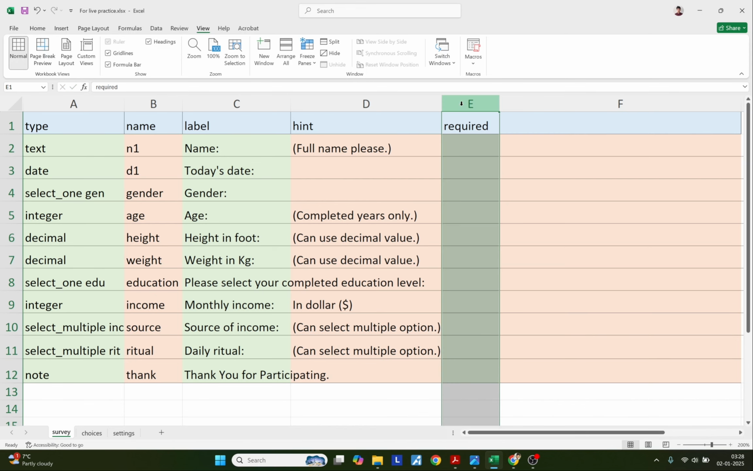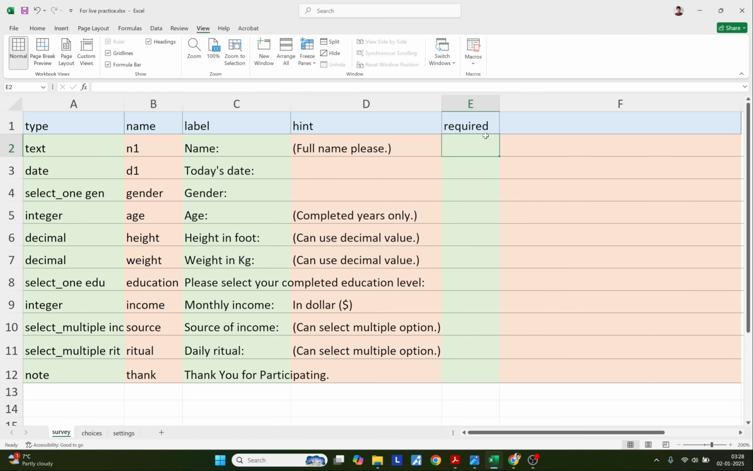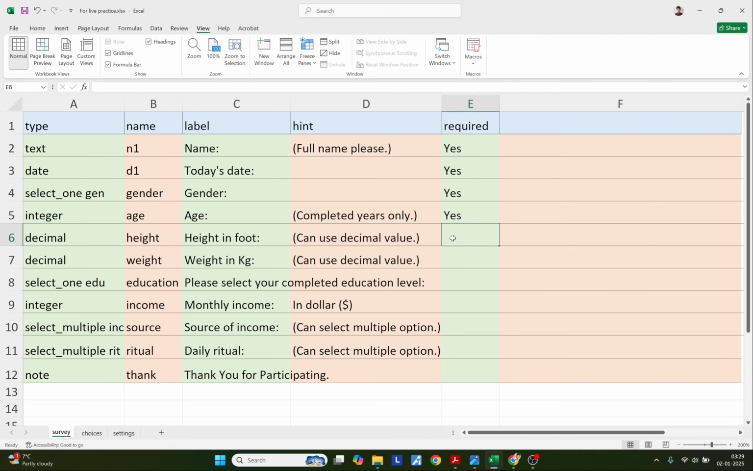This is the column for making our questions compulsory. Whichever questions you want to make compulsory, just type in yes. For example, this question is compulsory, this question is compulsory, this question is compulsory, this question is compulsory. First 4 questions are compulsory. I have made them, and these 2 aren't, so I'll just type in no in this column whose heading is written as